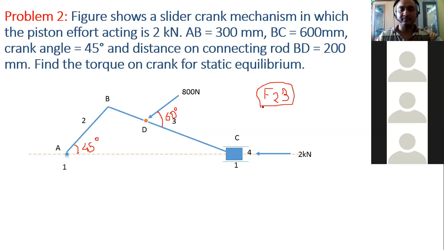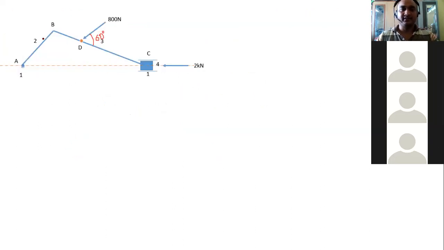What is the solution? How to solve this problem? So again, this is the configuration given. In the same way as in the last problem, we have to start with this particular point, the crank pin. You know there are forces. Now, this is force F14, right? Then this is your piston effort, that is Fp. You already know that. And this is the force which is parallel to the connecting rod. Now this is F34, we are given this direction. So three forces are there.